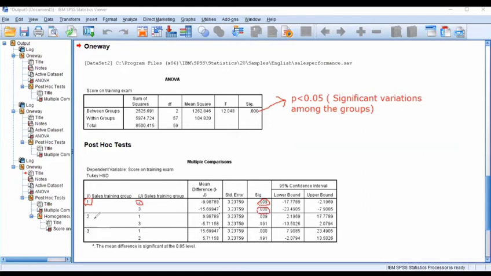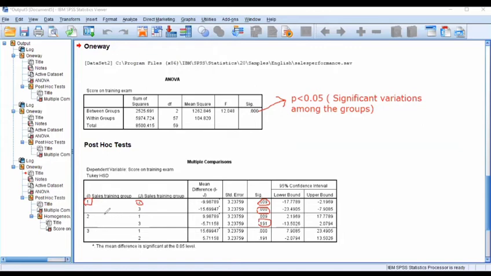But when we compare 2 days of training program with 3 days of training program, there is no significant impact. So what we find is that there is a significant impact on the performance of the sales team with 2 days of training program and 3 days of training program as compared to the 1 day of training program.